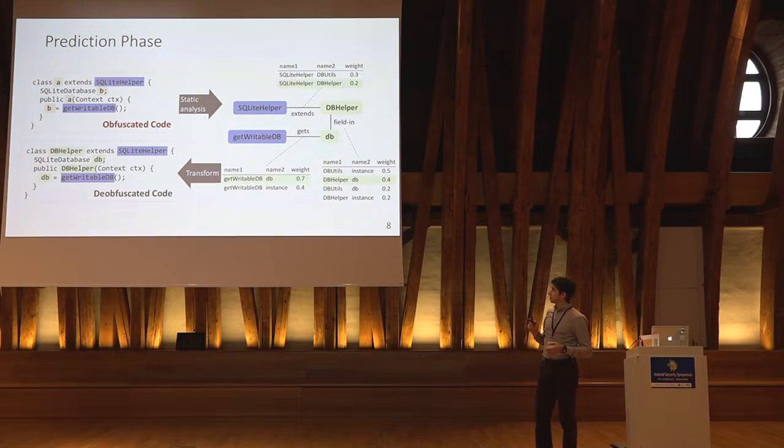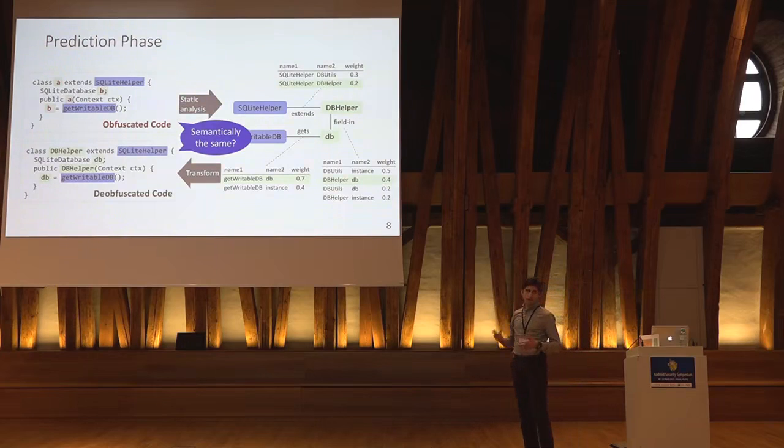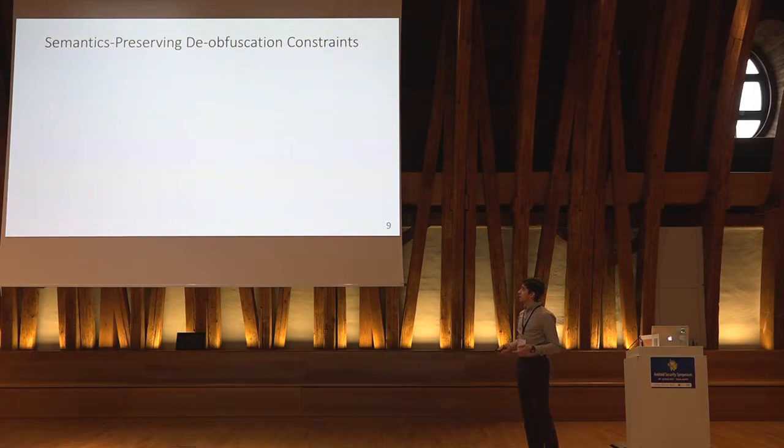All right. So now one important question here is, we're changing names here. We're somehow modifying the application. So is the new application that we output semantically equivalent to the one you provide as input? This is important because once you start reverse engineering and debugging the deobfuscated applications, you want to make sure you're analyzing the same application. And DGuard handles these cases, so it ensures that the output is semantically equivalent to the input by something called